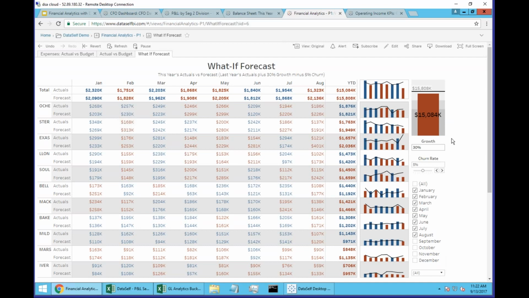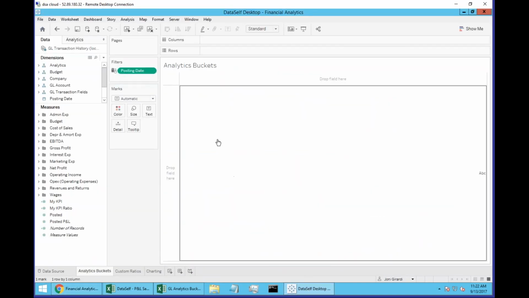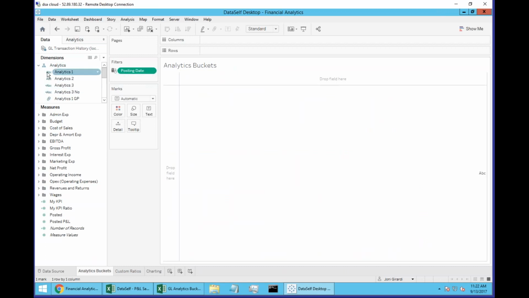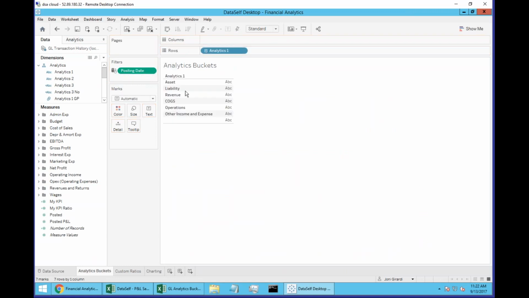Now let's talk a little bit about financial analytics and how that can fulfill the needs of different clients. And let me go to the desktop client here and show the framework we have to fulfill different financial analytics needs. So let me take this financial analytics and drag and drop my analytics 1 bucket, and then let me